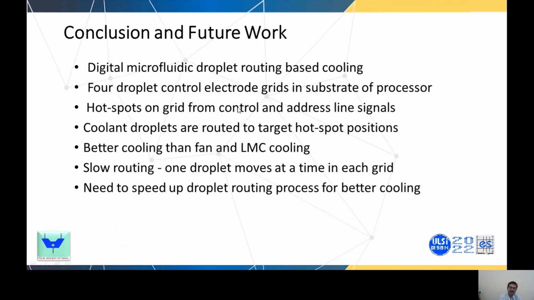We conclude here. We have shown how four droplet control electrodes can be incorporated in the substrate of a processor, where we can move the coolant droplets to the hotspots, which are identified from the control and address line signals, and the coolant droplets can move horizontally to the hotspots, absorb the heat, and move vertically to the sink reservoirs,